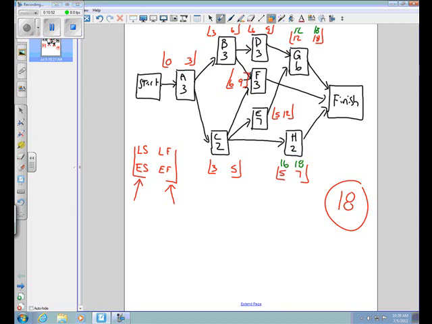Okay? Now then, the latest I have to get activity G started is week 12. Therefore, the latest I have to finish E and also activity